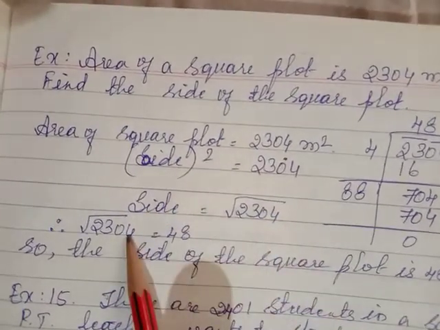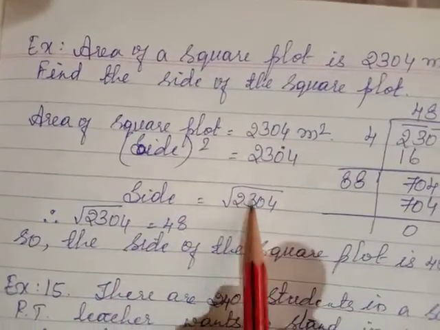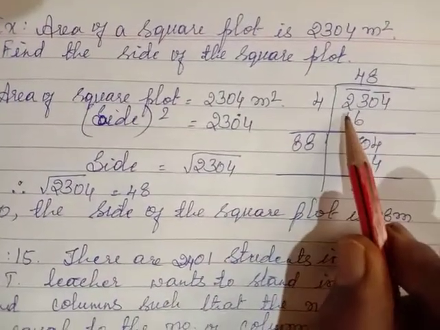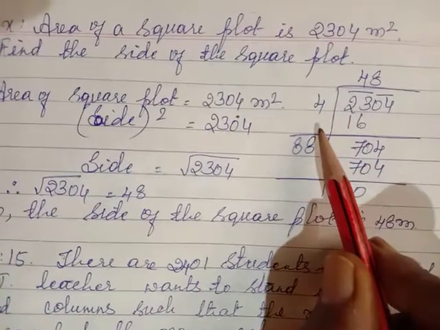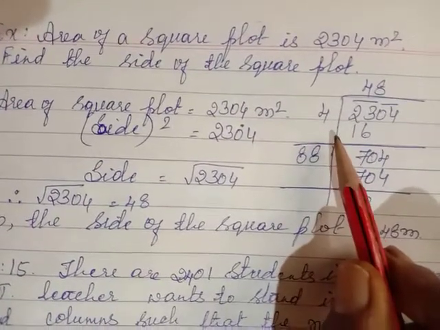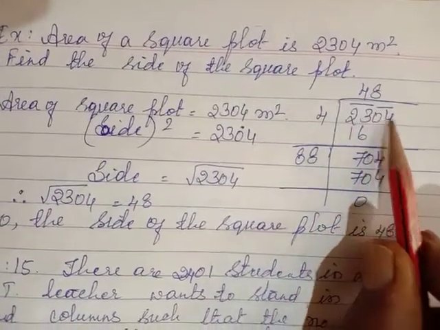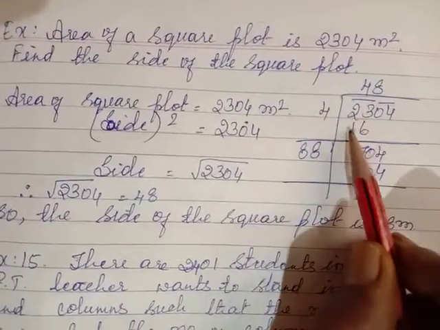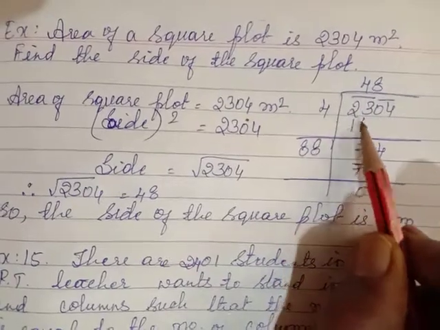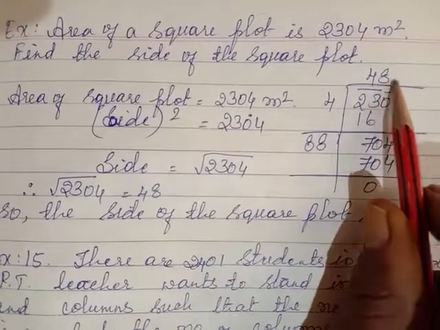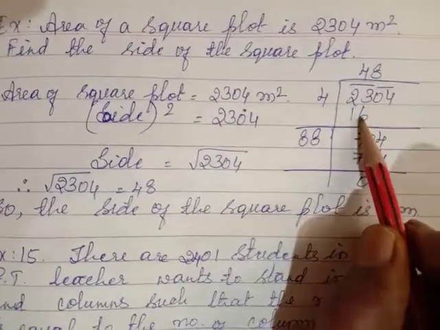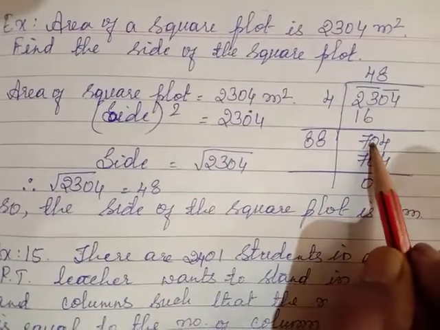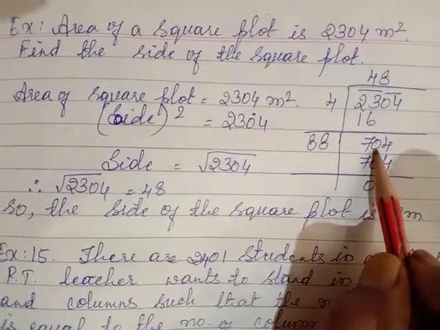So side is equal to what then? Square root of 2304. Now dividing. So already I have taught 4 to 5 problems, is it not, children? Hope you all understood. So here 2304, you have to group it into 2 digits. Then the nearest square for 23 is what? 16. 4 4s are 16. 23 minus 16 is 7. Then take these 2 digits here, 04, you get 704.